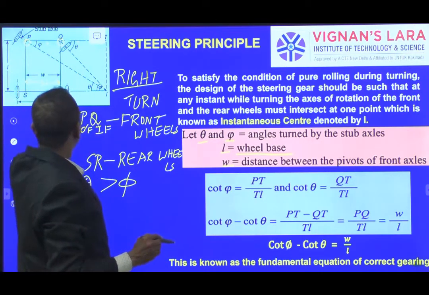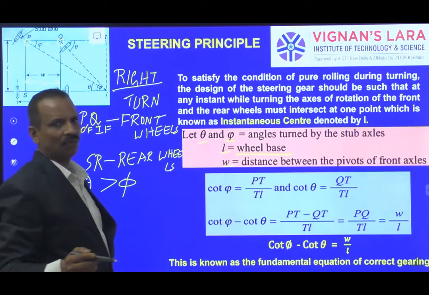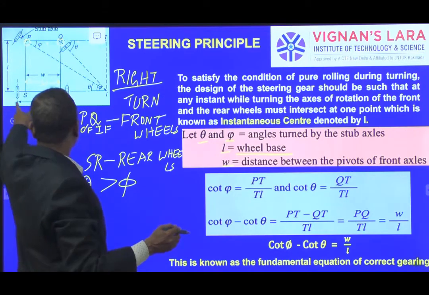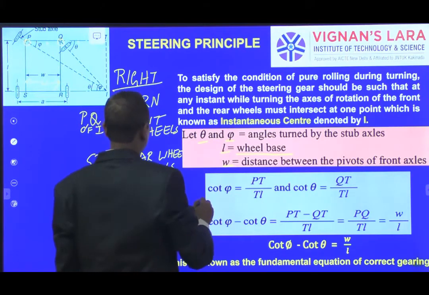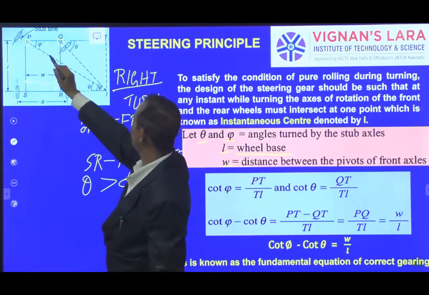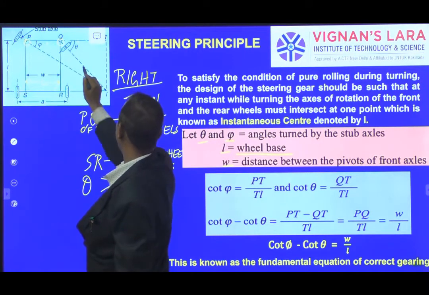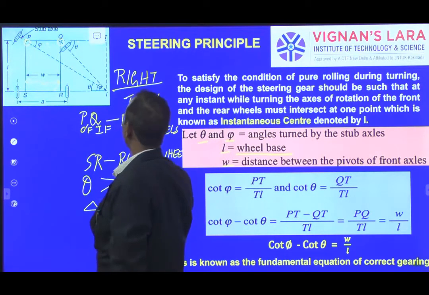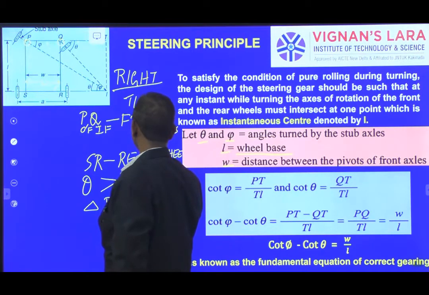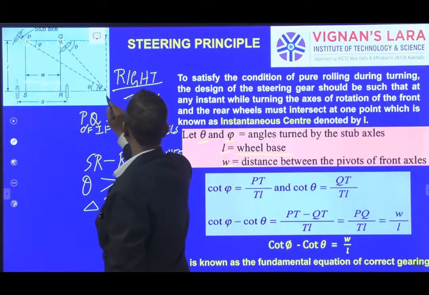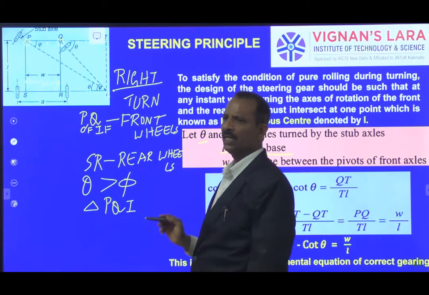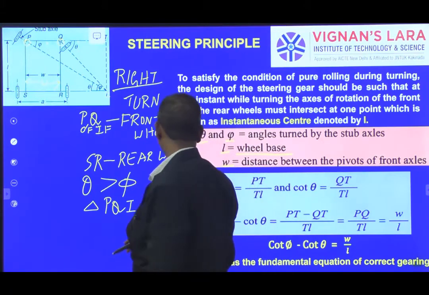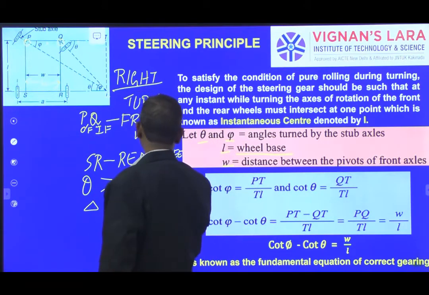Of course, A is the distance between the centers of the rear wheels. This is A. Now, from simple geometry, we can write cot phi. If you take a triangle PQI, where I is the instantaneous center which we have already defined. So in triangle PQI, you can write cot phi is equal to,